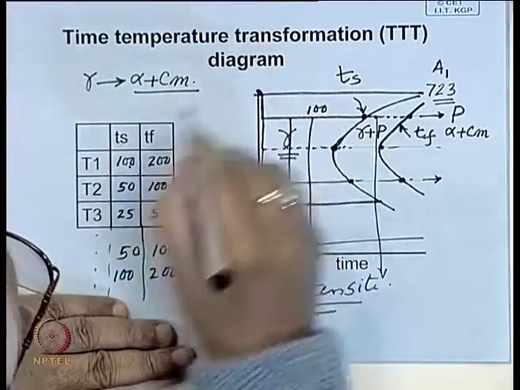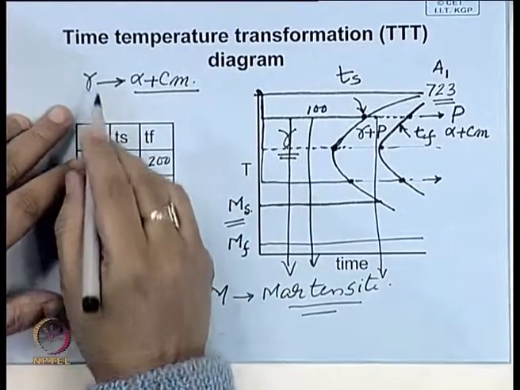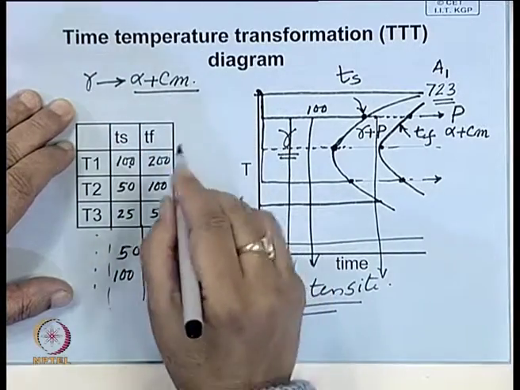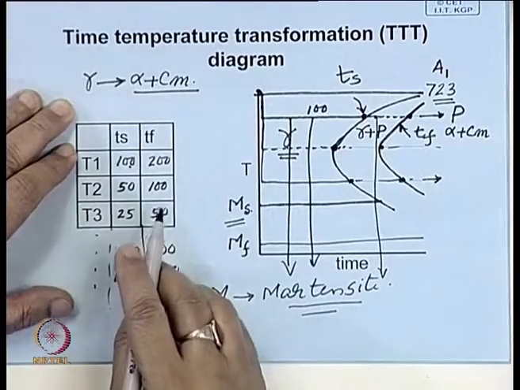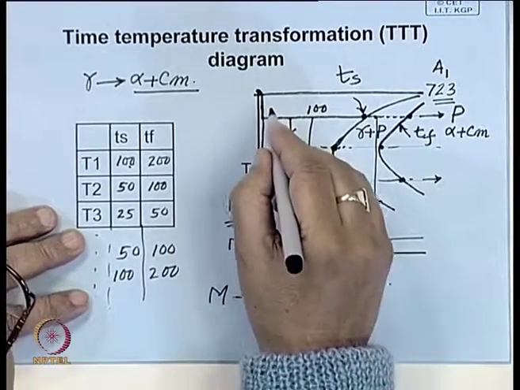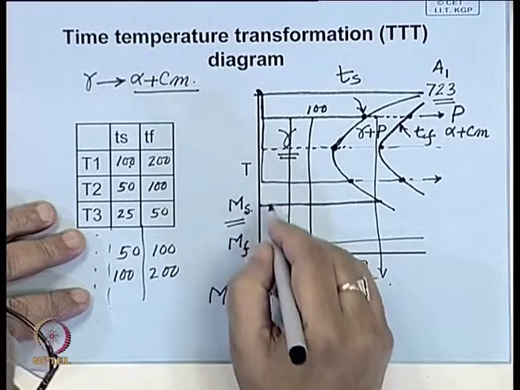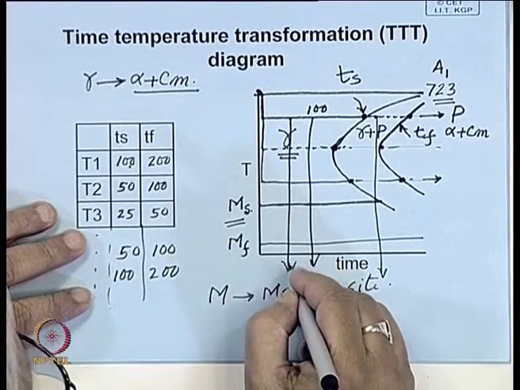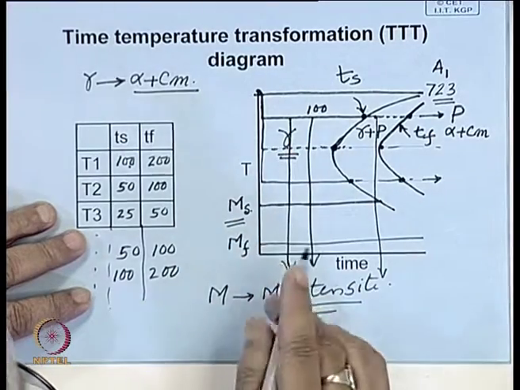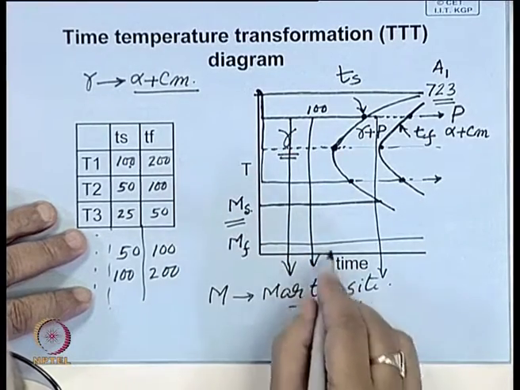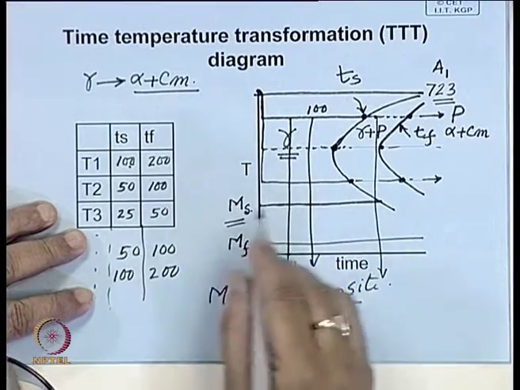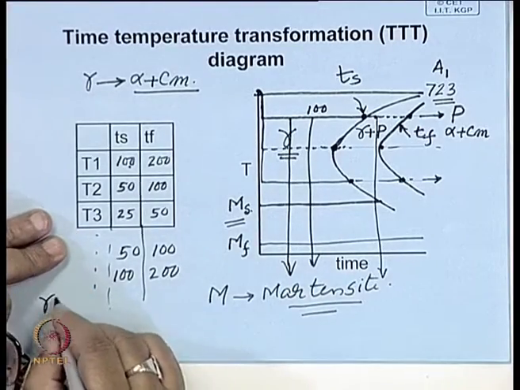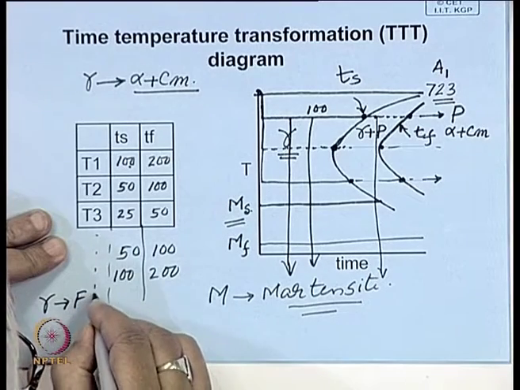Now, we know that austenite is a solid solution of carbon in iron. All carbon is present in the interstitial sites, and if you quench and do not allow this carbon to precipitate out, so carbon is retained by force in the microstructure, then you get a different lattice structure altogether. Austenite is face centered cubic